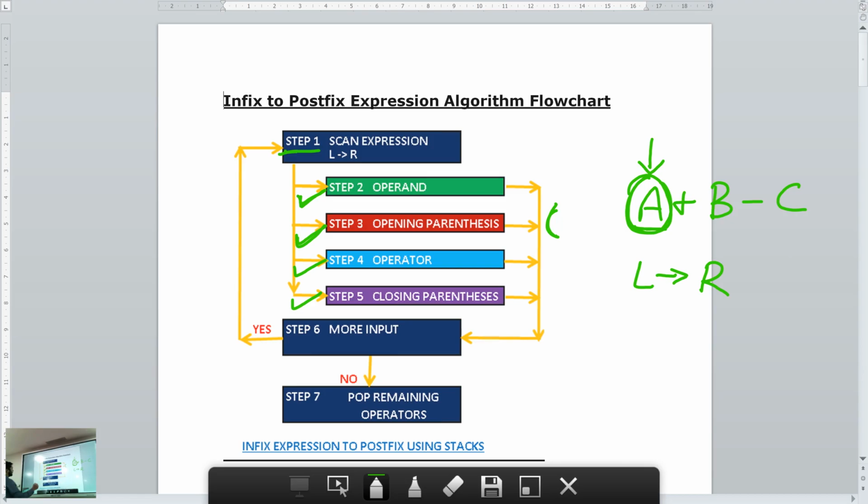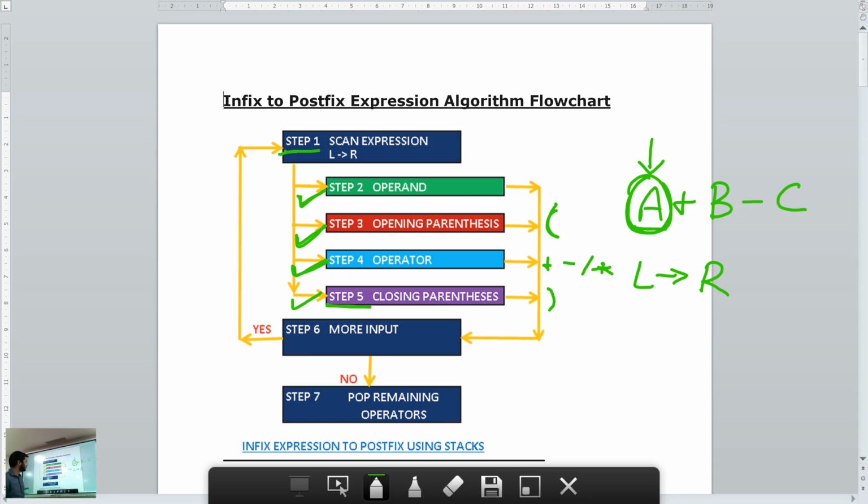If my input is an operator, any of the arithmetic operators, plus, minus, division, multiply and so on, then I perform step 4. And if the input is a closing bracket, then I do step 5.